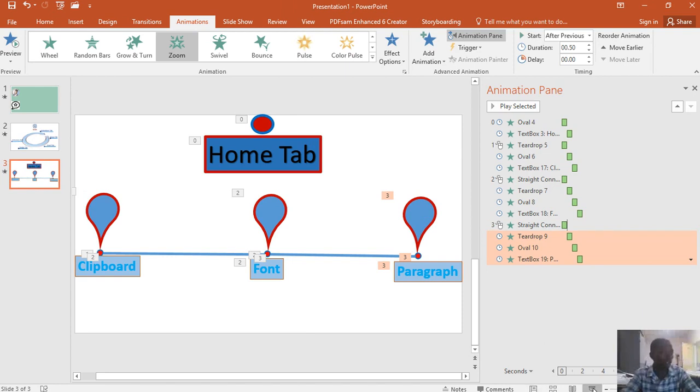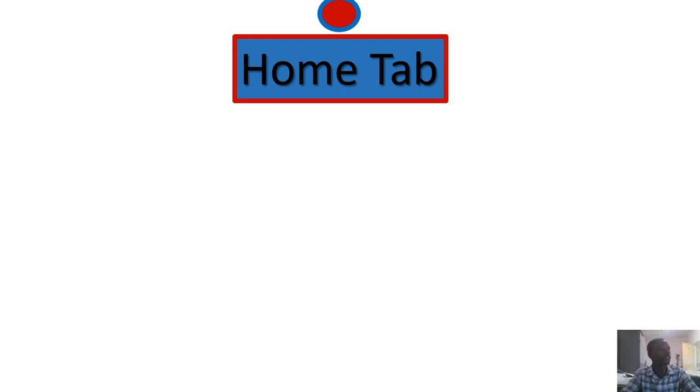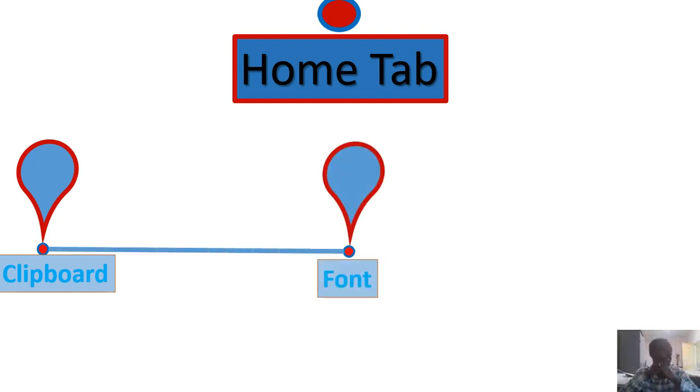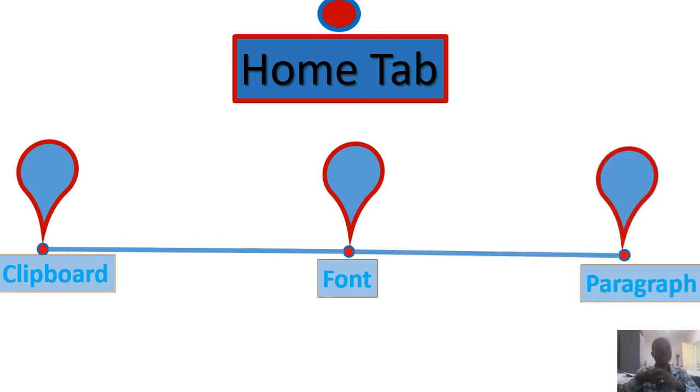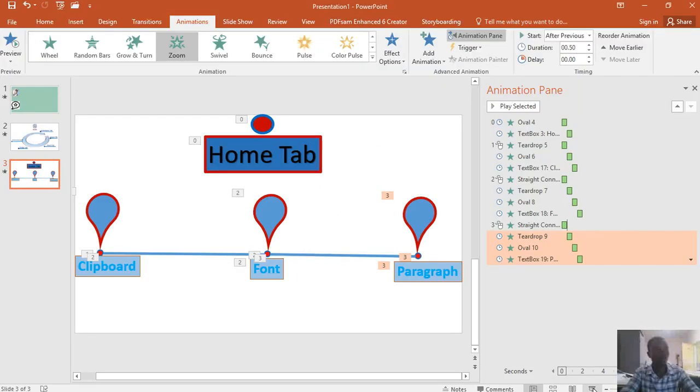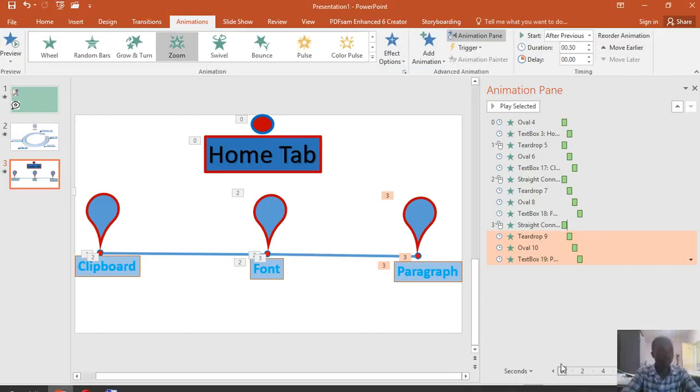So that's it. We can run it and see it's coming in. Right, I talk about the clipboard. Once I'm done, I then say next. Another point comes in. When I know that I'm close to finish, or I'm almost done talking about the font, then I click next, then the points come in. So you may add, if you may not remember,